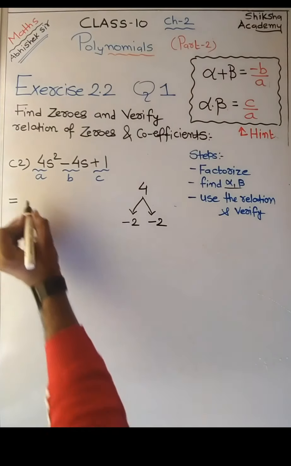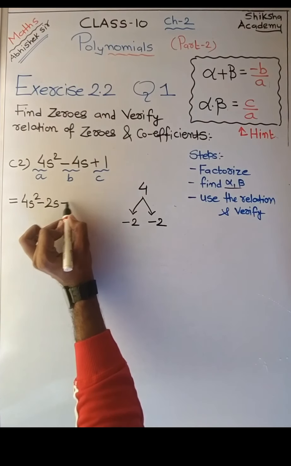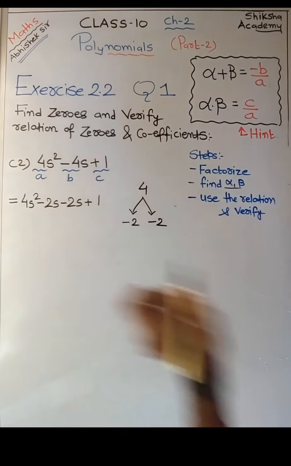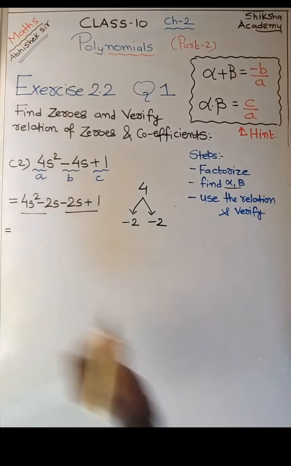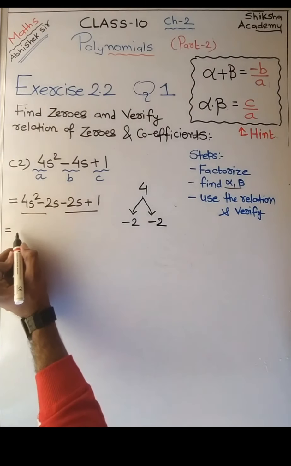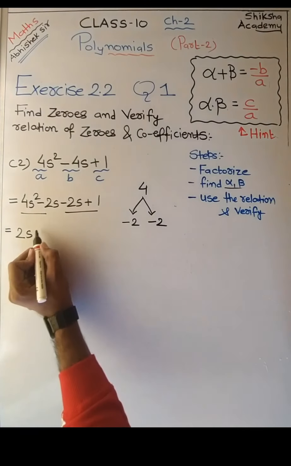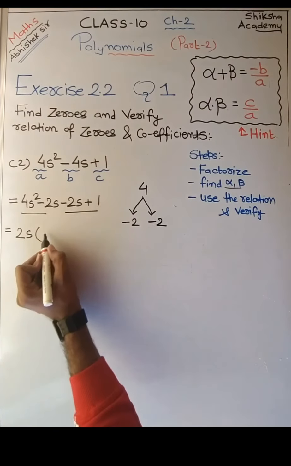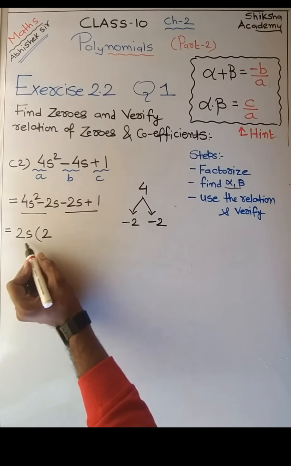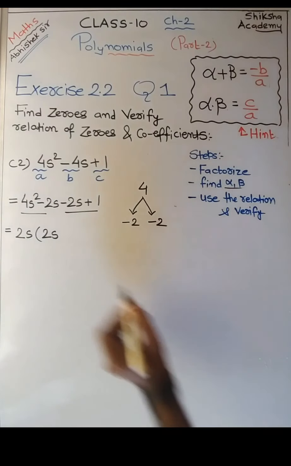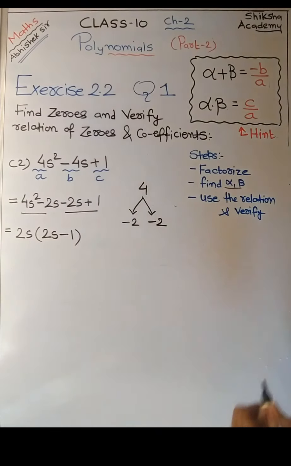So let us split the middle term, that is 4s square minus 2s minus 2s plus 1, right? So make the pair of 2 2. What is common in first two? 4s square and 2s. So I think this 2s is common. So in the bracket what we'll have, 2 2s are 4. In the first term we'll have 2, and out of s square we have got s out, so inside we have got s remaining, minus all whole term is outside, so we'll write only 1.